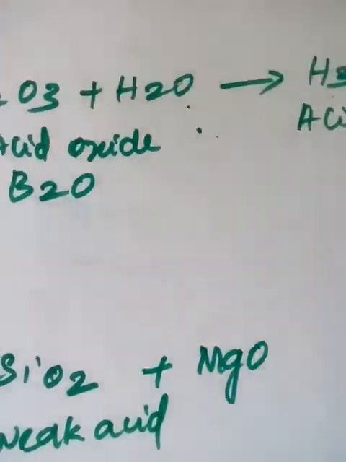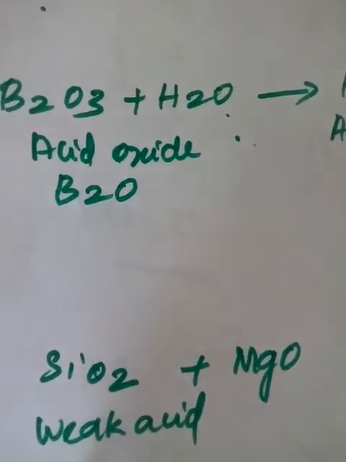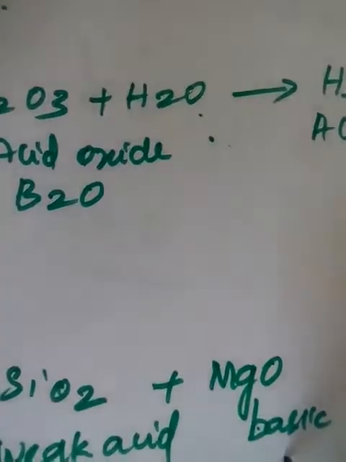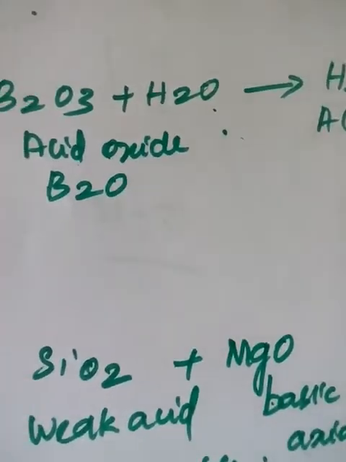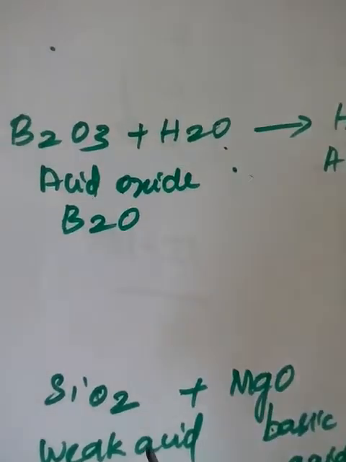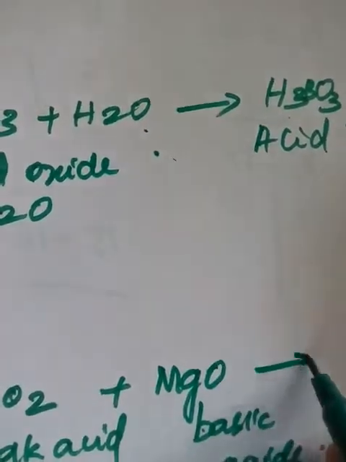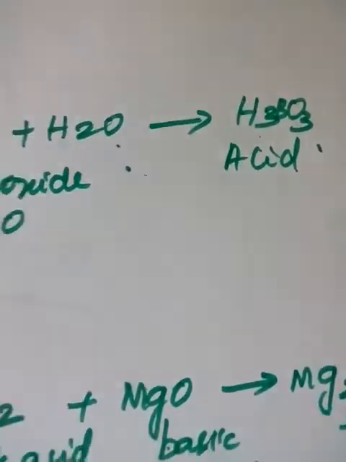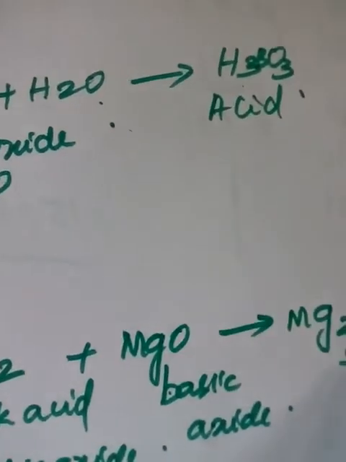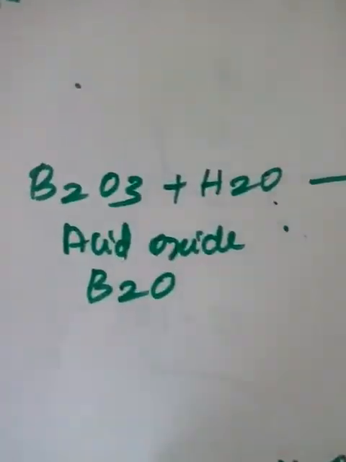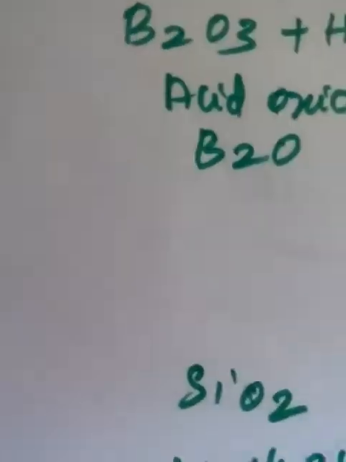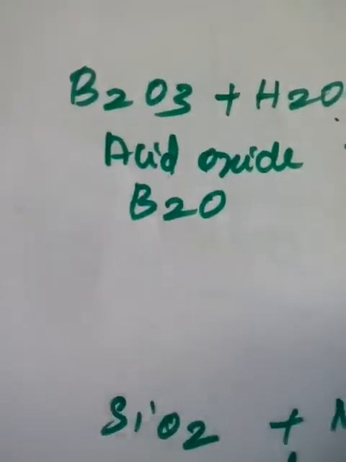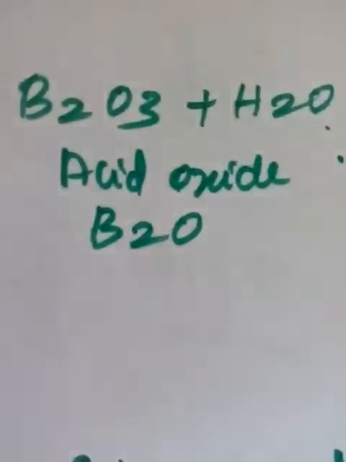Example, I can write MgO. It is a metallic oxide, a basic oxide. This is an acidic oxide, and this is a basic oxide. I said if something has acidic character, it will react either with water or with a base to give you the respective salt. So I get the formula Mg2SiO4. So it's a salt. If something is an acid, surely it will react with a base to give you the salt. It shows that this also has acidic character. So boron trioxide as well as silicon dioxide are examples of acidic oxides.